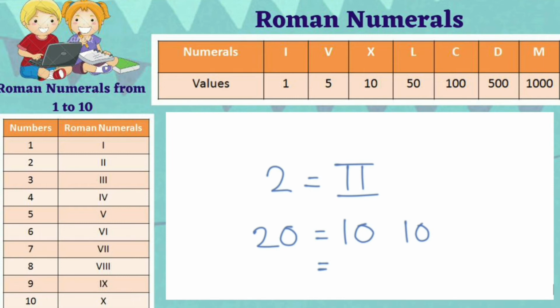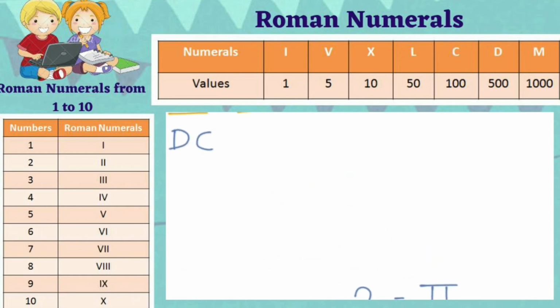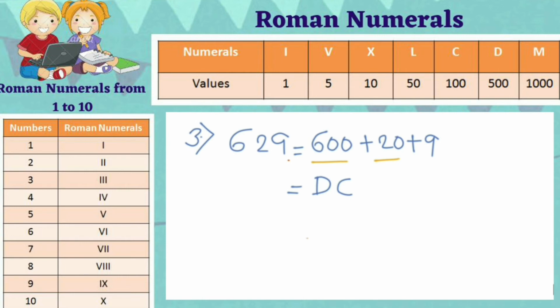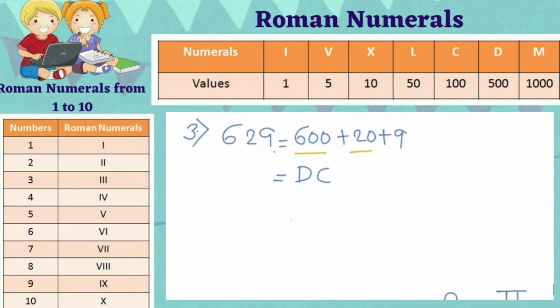So what is the Roman numeral of 10? It is X, and over here X. So well, good, we got an answer. That is the Roman numeral of 20 is XX. So I'll quickly go and write it over here. So the Roman numeral of 20 is